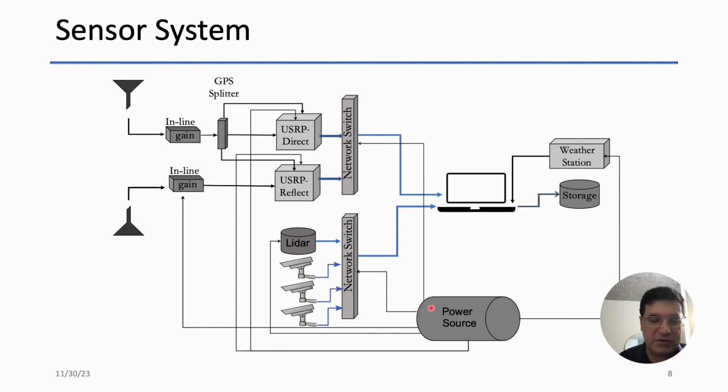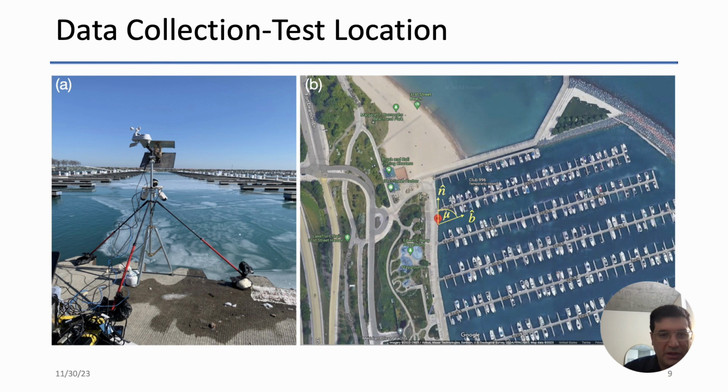The system has been used for 11 data campaigns from 2017 to 2020, most of them in the winter season. Figure A shows a photograph of the sensor system on site and the lake surface condition from the data campaign that occurred in February 2020. Figure B shows a Google Maps satellite image of the field test in Chicago on the shore of